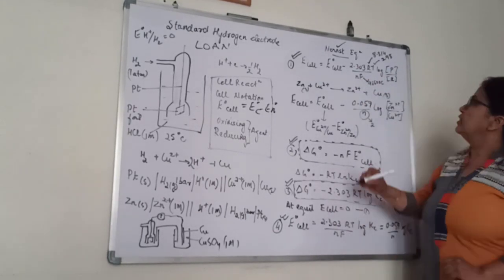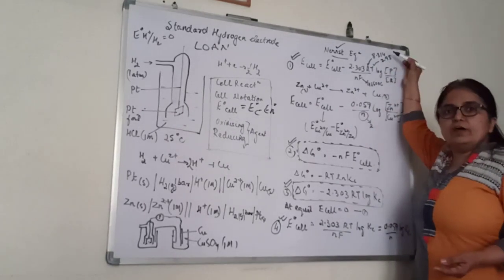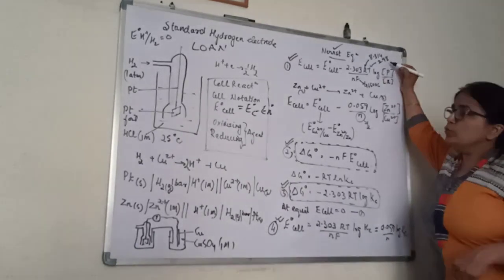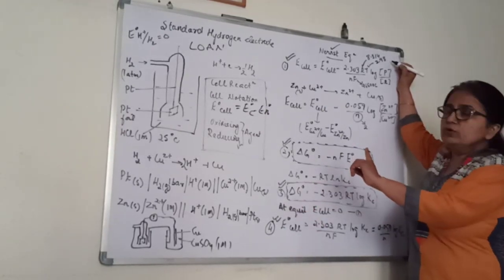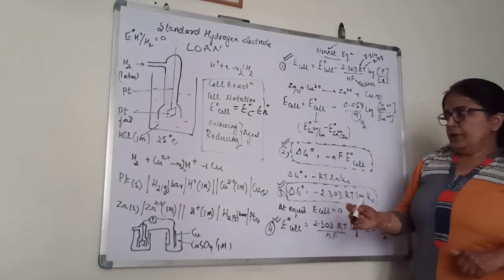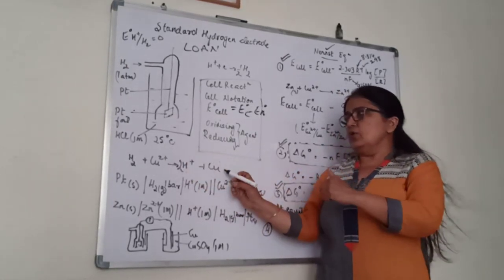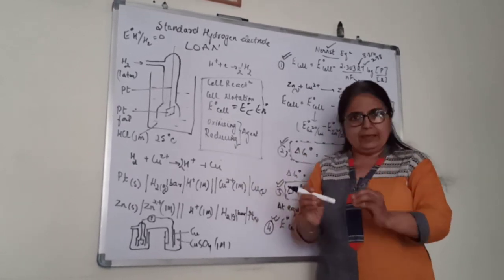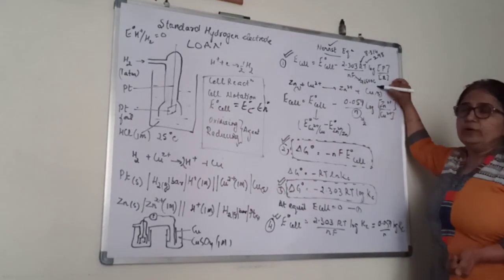Let me explain the terms in it. R is the universal gas constant, 8.314 joule per Kelvin per mole. That value we are using. Temperature is 25 degrees; temperature we have not changed. It is standard, 25 degrees Celsius, which in Kelvin is 298. N stands for how many electrons are lost or gained. Like in this case, 2 became 0. 2 electrons are lost, 2 electrons are gained. Always loss and gain of electrons for one particular cell will be equal. F, 1 Faraday, is 96,500 coulomb.